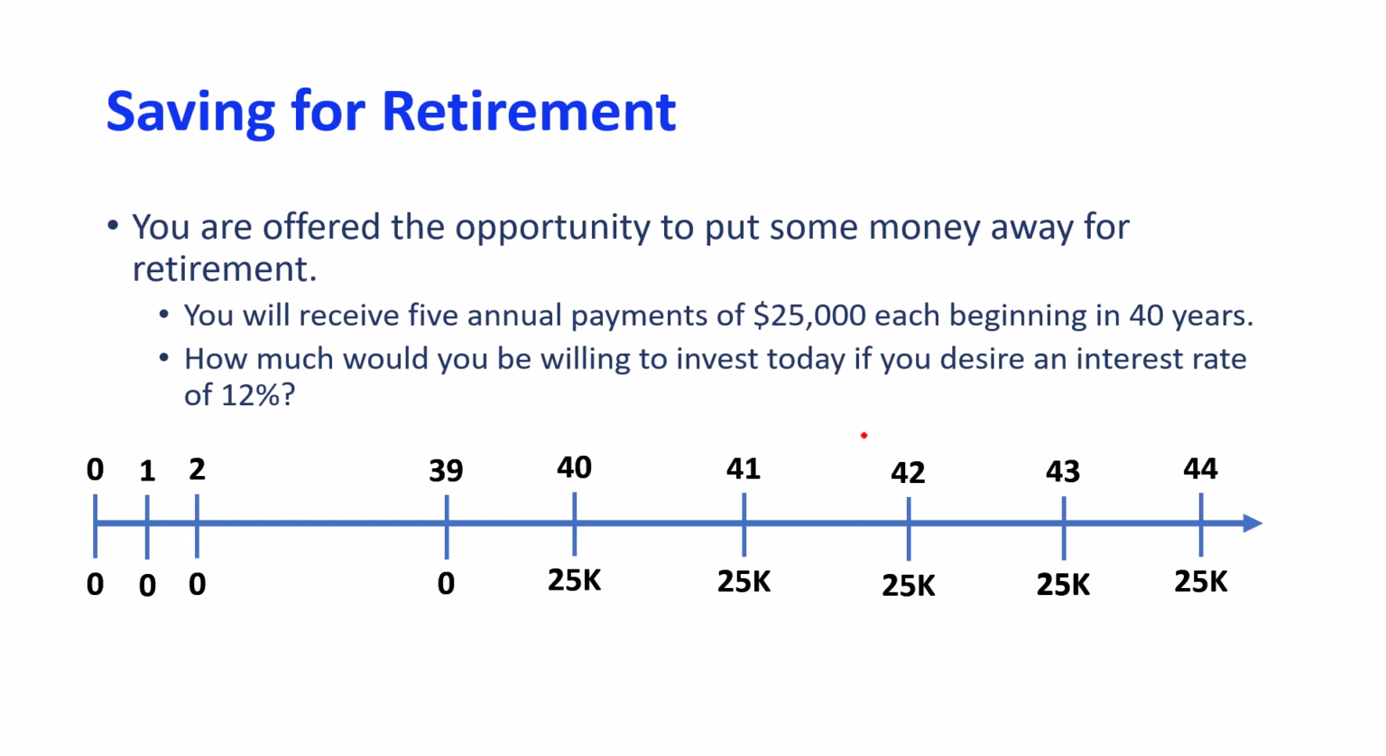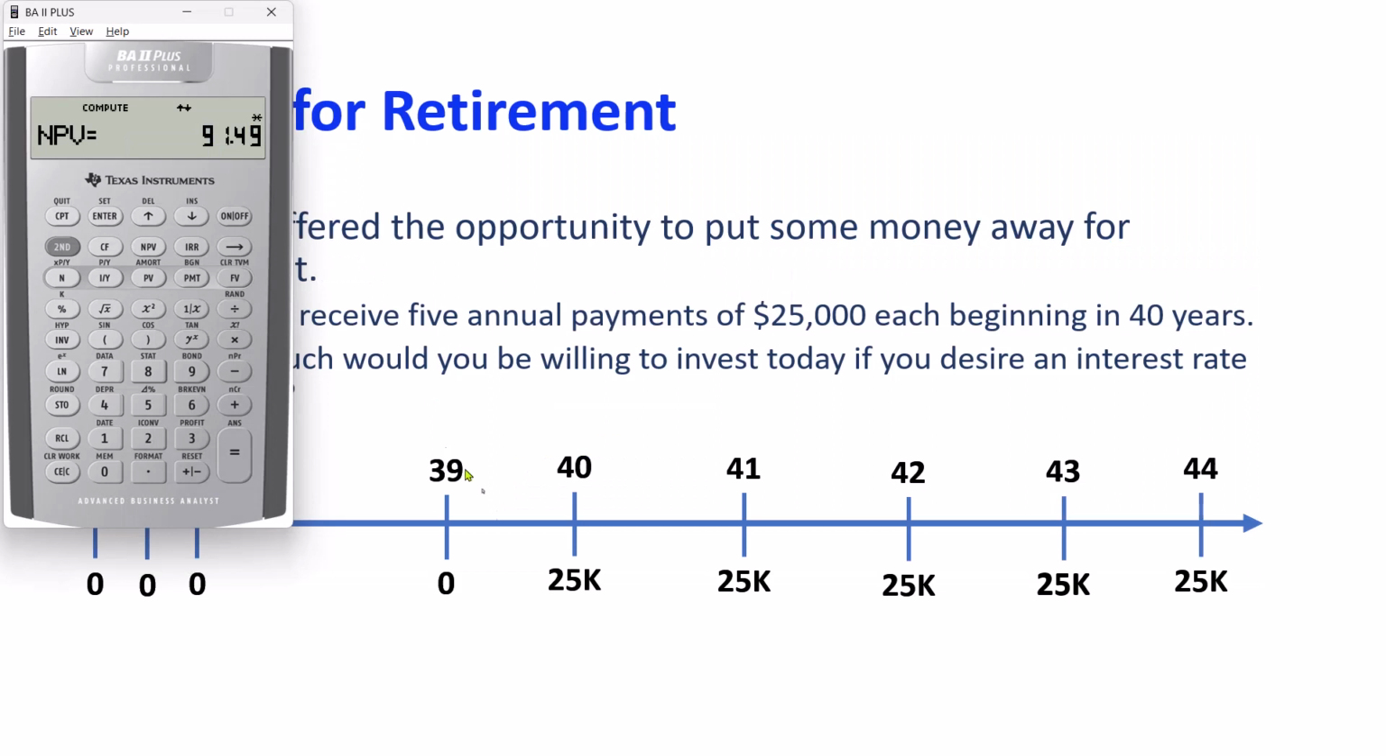You are offered the opportunity to put some money away for retirement. You will receive 5 annual payments of $25,000 each, beginning in 40 years. How much will you be willing to invest today? So you just want to put down one payment, one lump sum today to receive the series of cash flows starting from year 40. And your discount rate is 12%. All you need to do